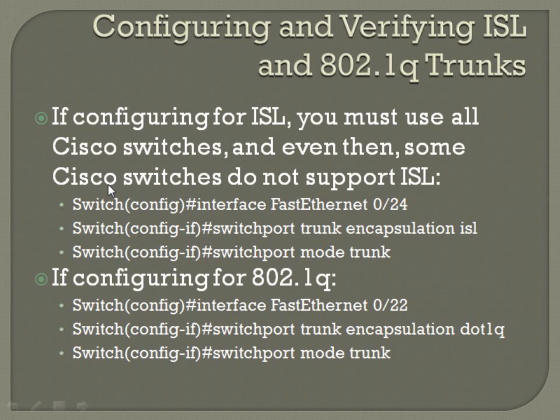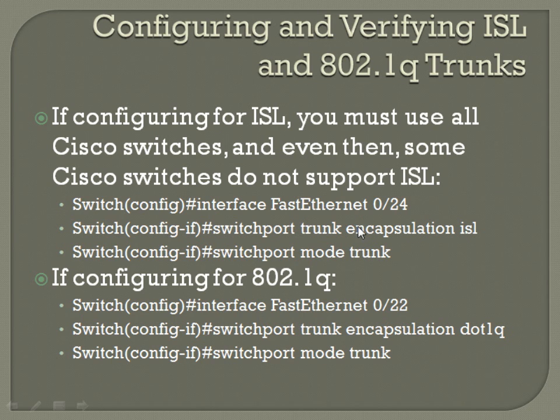In this case, just like on the last slide, we're going to interface fast Ethernet 0/24. Once you're in interface configuration mode, the command is switchport trunk encapsulation isl, which sets it to ISL, obviously, and then a second command of switchport mode trunk. And remember, there are a couple of instances we'll talk about in a second, but you're pretty much going to have to do this the same on both sides of the trunk